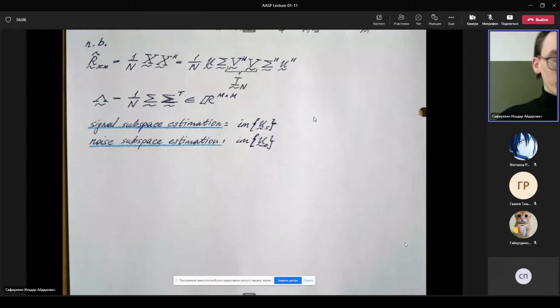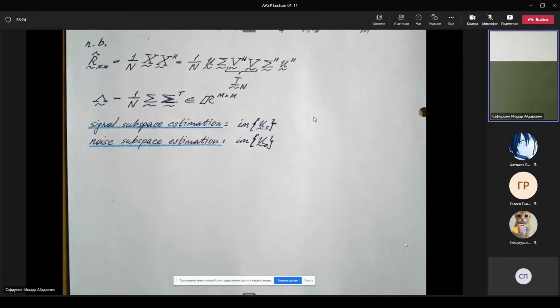And here we need to add, I think, for this eigenvalue decomposition of Rxx, previous part or subparagraph,